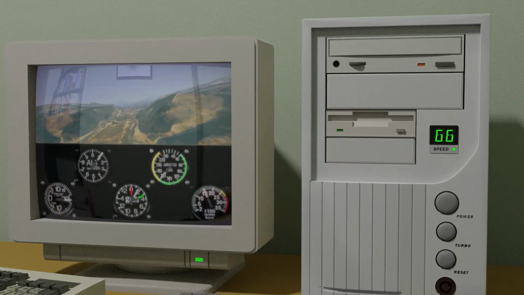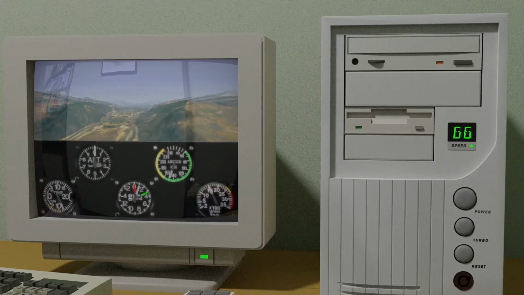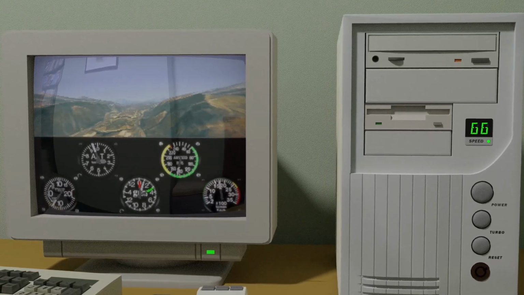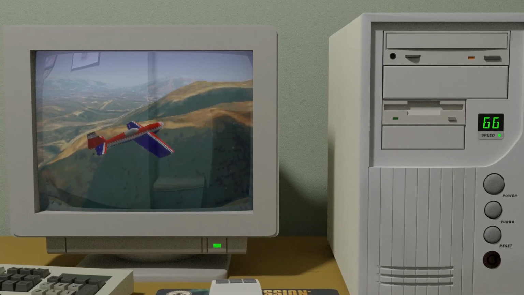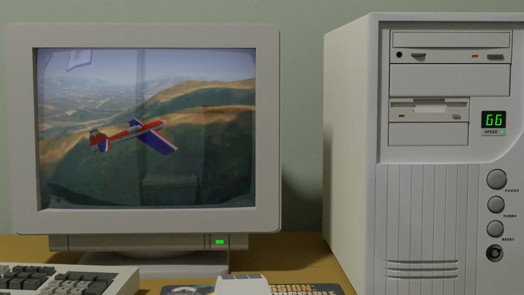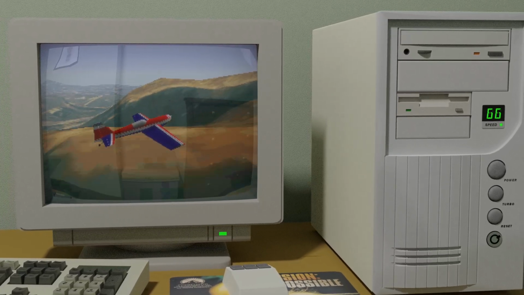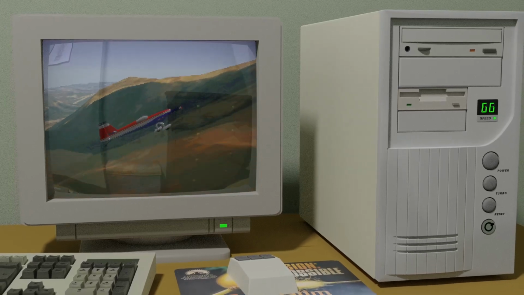The software world was already moving on to the Pentium. But we kind of didn't care, because even running at 320 by 200, even with the detail turned all the way around, even with that slightly choppy frame rate, this felt like the future. And just look at it. Rolling terrain, aerial photos,